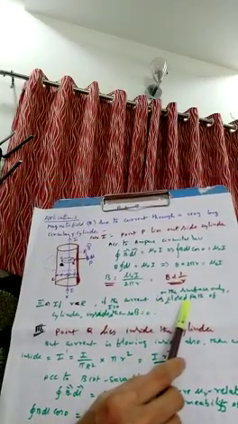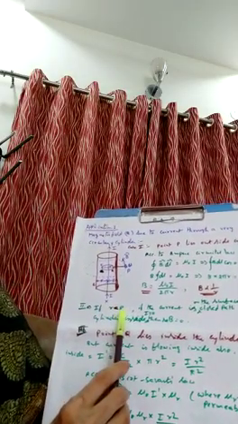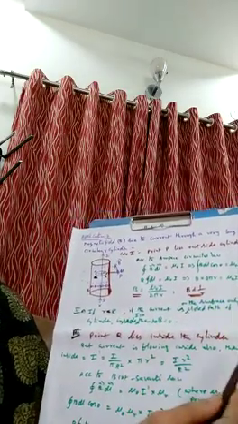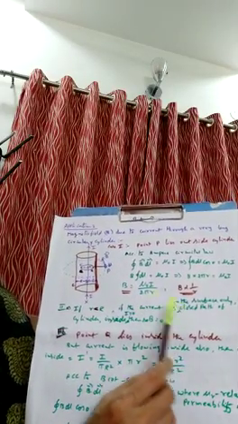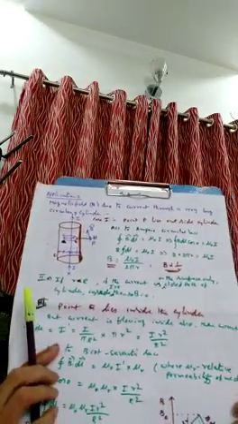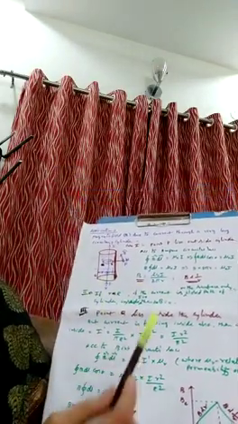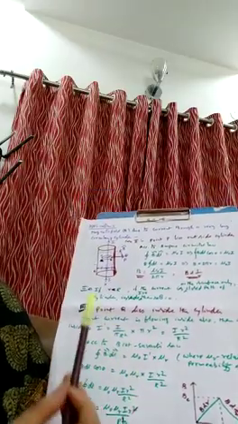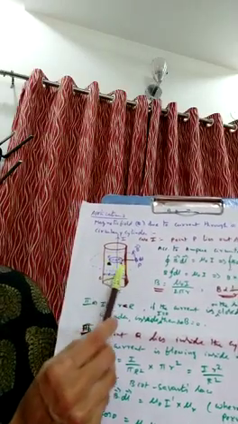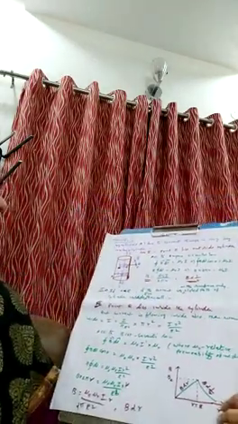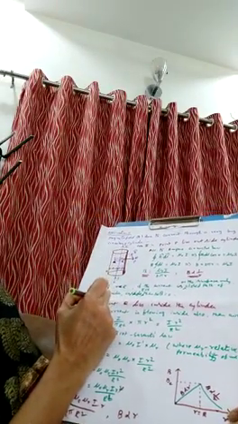If the point P lies on the cylinder, then what happens? If r is equal to R, if the point P lies on the cylinder, then the value is mu naught I by 2 pi capital R. It is maximum on the cylinder. And what is the next case here? The second case, on the surface, we have done. Now we consider the third case, where r is less than R, inside the cylinder.